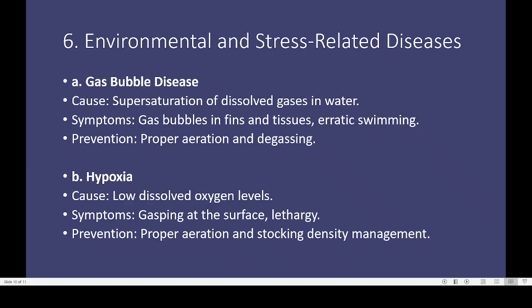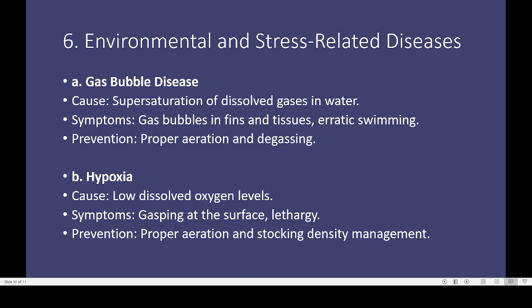Then another type of disease is the environmental and stress related disease. One common one is gas bubble disease. This is supersaturation of dissolved gases in water. So that means